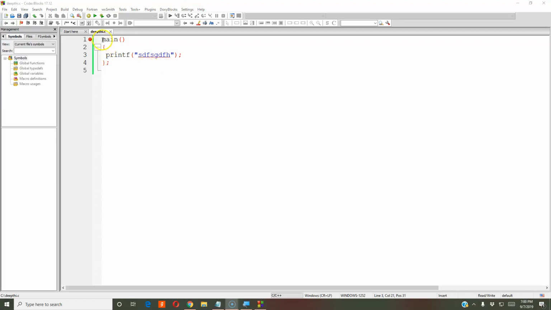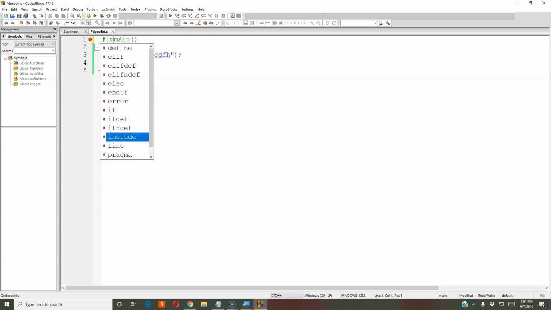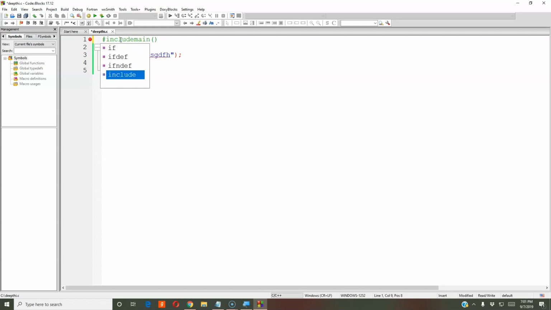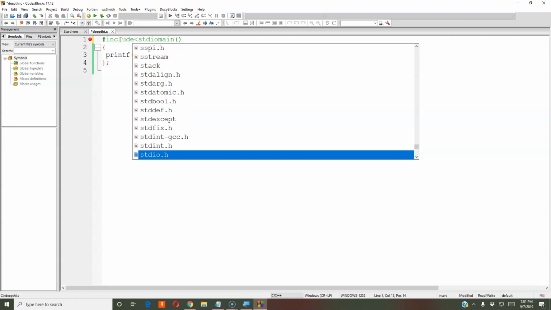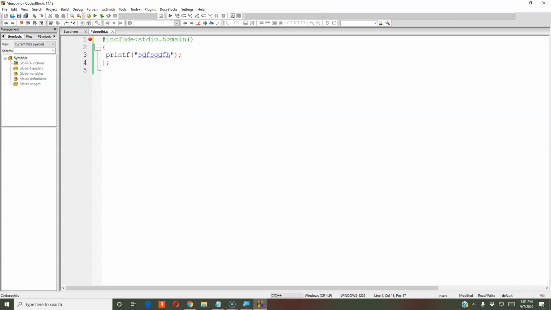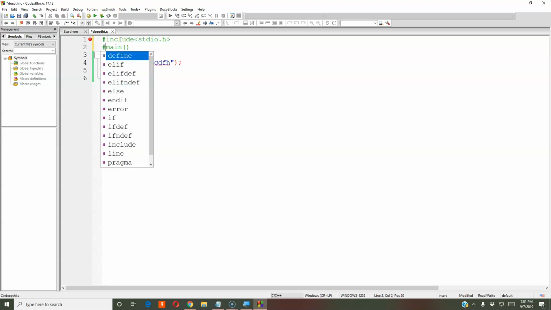Now let us go with header files. In the last video only I have told, but anyways, a header file contains C function declarations. To define all the functions and variables in C, you need to use header files. Hash include, see, it is suggesting you stdio.h. All the header files will have the file name extension .h. Okay, now you can go with this, or you can add one more header file. Anyways, in the next program you need that when you are using getch.